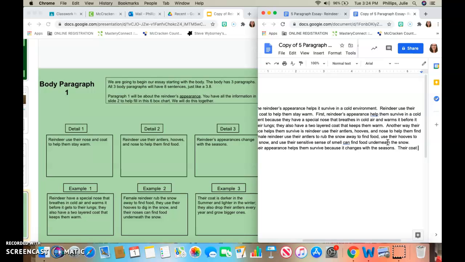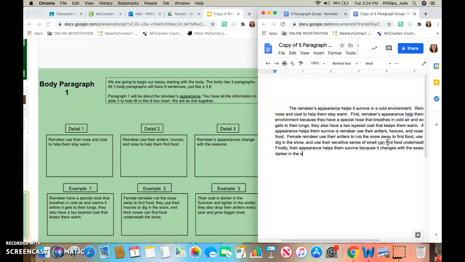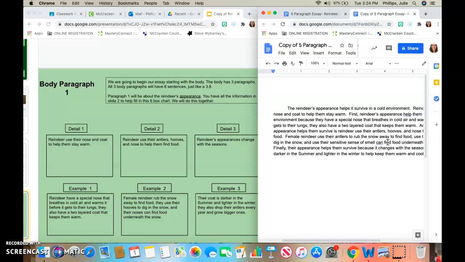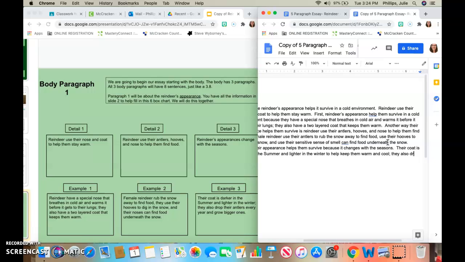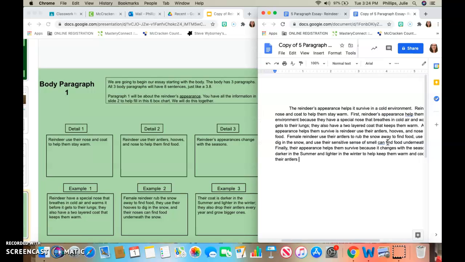Their coat is darker in the summer and lighter in the winter to help keep them warm and cool. They also drop their antlers each year and grow bigger ones. Okay, so now I have all 6 of my sentences from my body paragraph